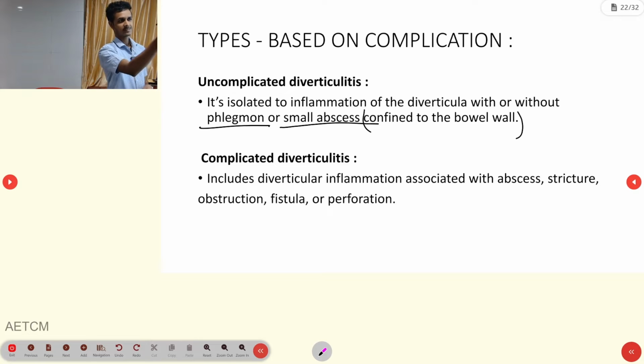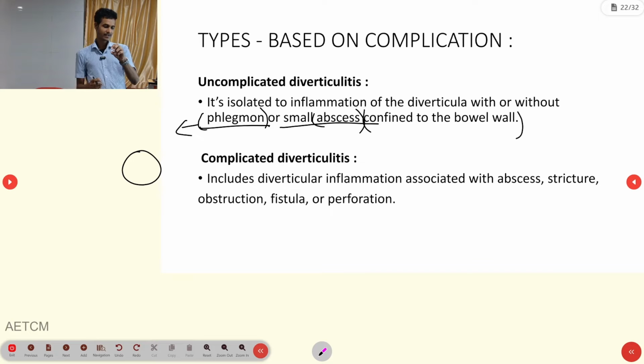The term abscess we know means pus. So what is meant by phlegmon? Phlegmon is the inflammation of the soft tissues. In an abscess or pus collection we can define the edges, but in phlegmon we cannot define the edges; it is more diffuse. Complicated diverticulitis includes diverticular inflammation associated with abscess,